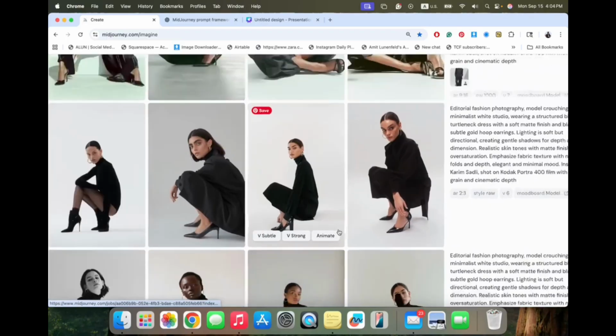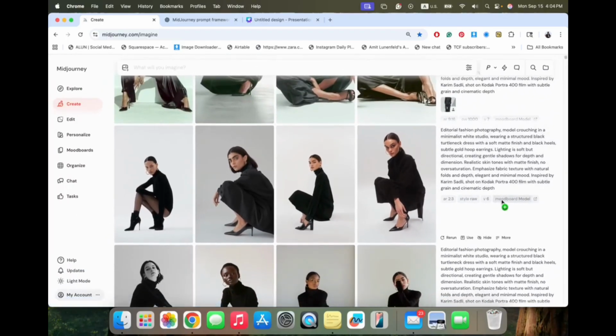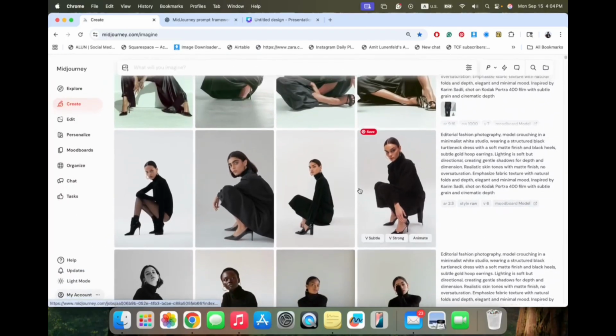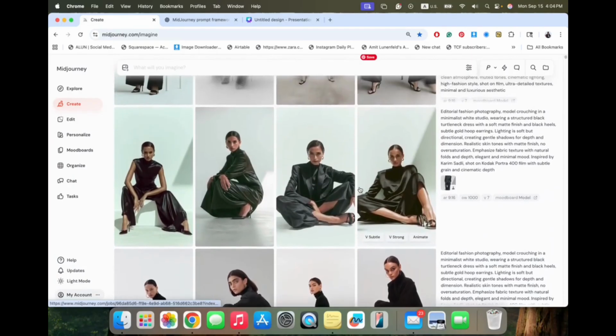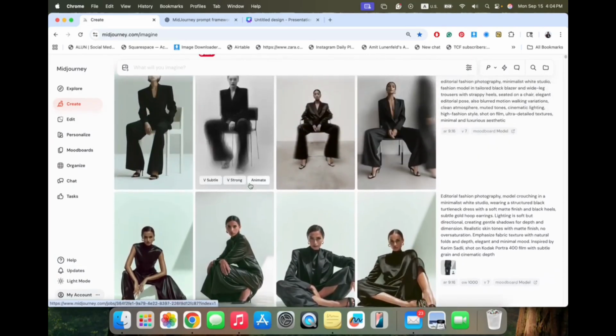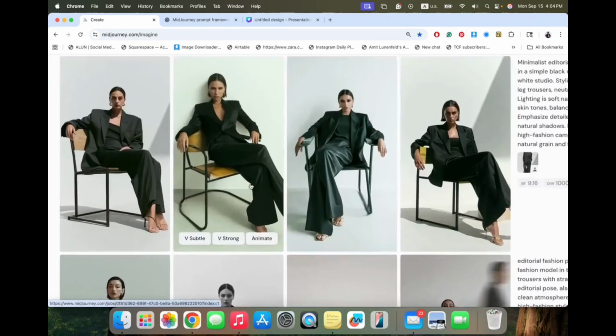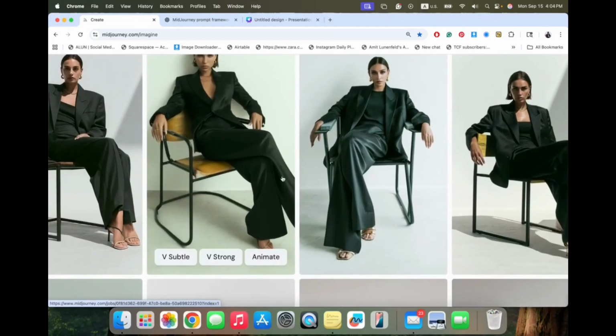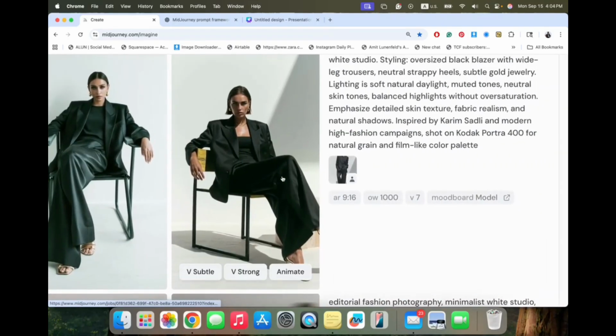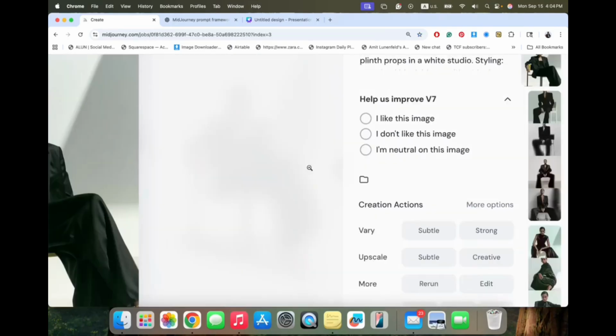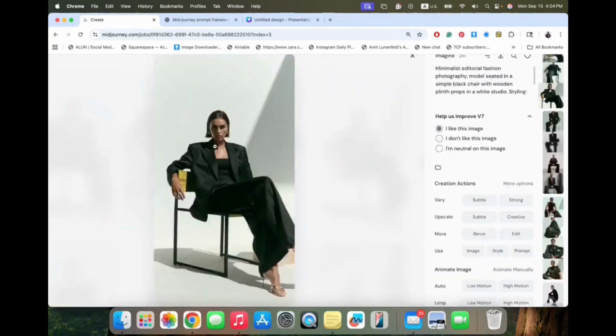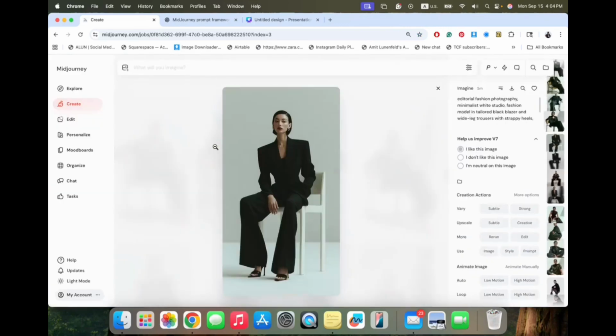And here I used the mood board, but with no omni reference, so it didn't get the result. And again, a different pose. And this is what we made together with the omni reference, the same one. And this one looks very consistent. I like it. I mark it.